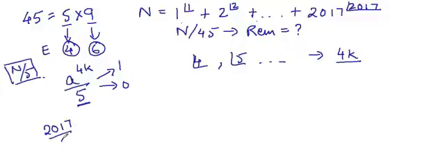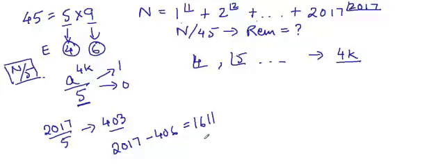So from 1 to 2017, the number of multiples of 5 that we have is 403, right? Simply divide 2017 by 5 and get the quotient as 403. And also discarding the first three numbers, so 1 to the power 1 factorial, 2 to the power 2 factorial, and 3 to the power 3 factorial. So we are discarding a total of 406 numbers. So 2017 minus 406,